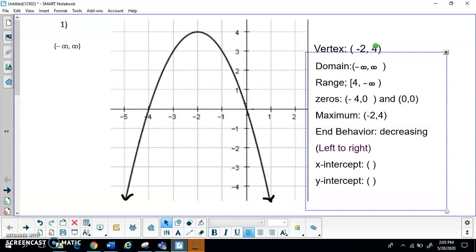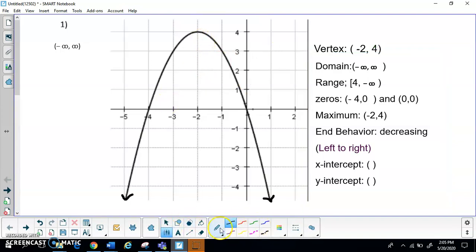Right, in this video, we concentrate on finding the domain, the range, the vertex, the zeros, the maximum value or the maximum point, and the end behavior of the parabola. We're concentrating on the graph of quadratic functions, which is a U-shaped graph, and we call it a parabola. In this graph, I'm going to highlight